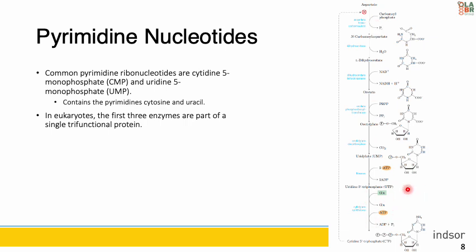So from here, we can go from UTP to CTP. And what we want to take note of here is that CTP is formed from UTP by the action of cytidylate synthetase, by way of an acyl phosphate intermediate. And what that does is that it consumes one ATP to get us our CTP.